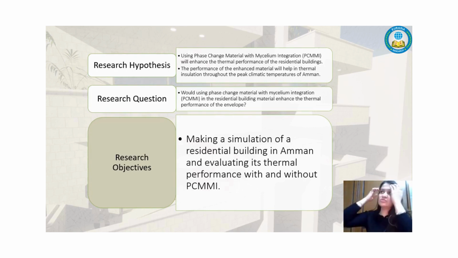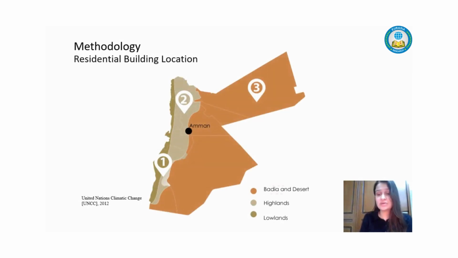Because we actually don't use it here in Amman, but we could. But how would I know its performance? That's by just simulating it, doing a simulation of it. So in order to understand how to make a simulation for it, I needed to understand what is my main variable to choose the residential apartment that I will be simulating, because I needed something that's actually constructed in real life.